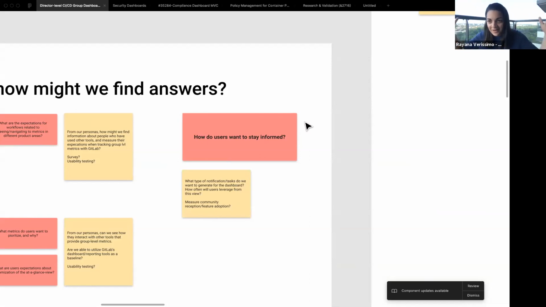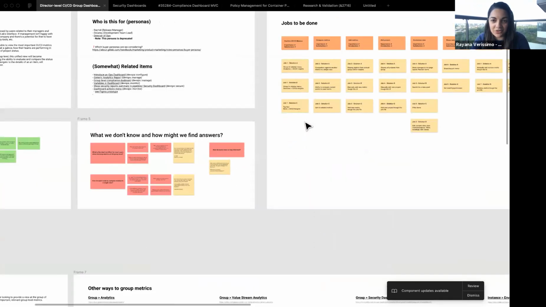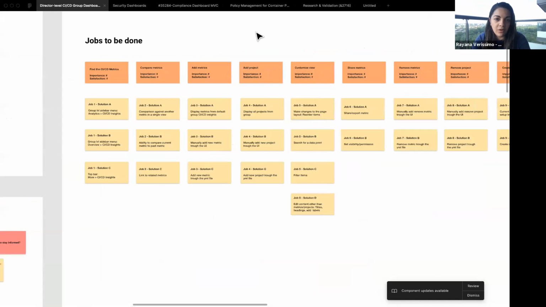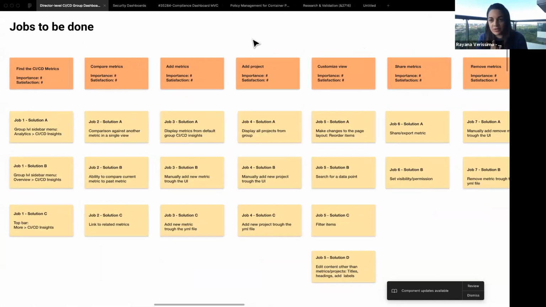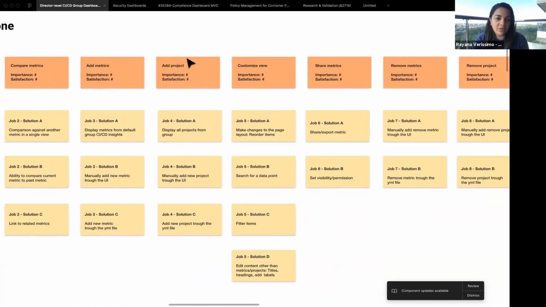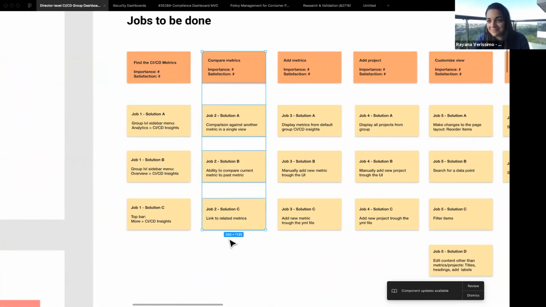I started inflating the problem because I think that's going to be interesting for the future. And then, before I go back to the UI, let me give you an overview of the jobs to be done. Super simplified, it is to find this dashboard, compare the metrics, and then in the future, add metrics, add projects, customize the view, share metrics. We're not even talking about these things right now. So we really focus on this one job to be done, sorry, not this one, which is to see and compare these metrics, and in a way link it with other